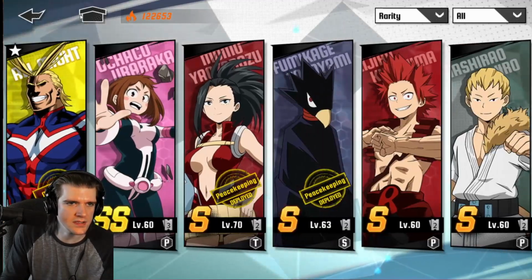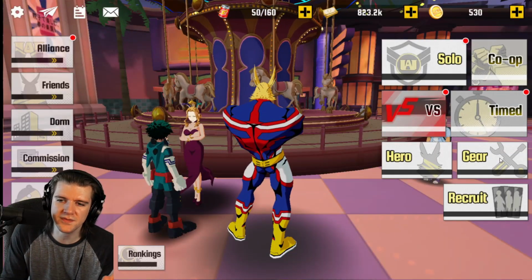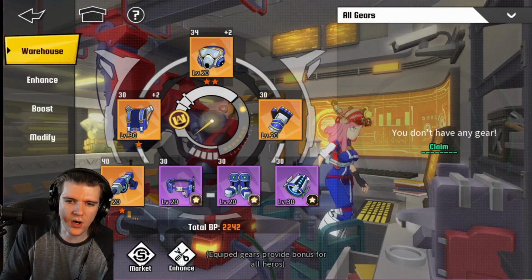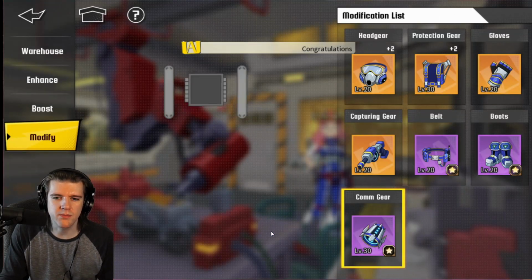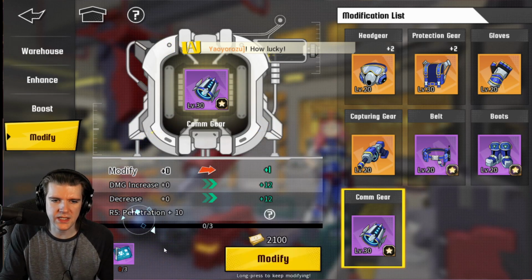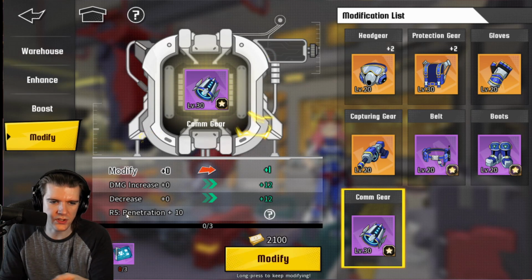And when I say prioritize here, because you're going to want to level out everything equally, it's the other ways of increasing these slots that I'm considering. And the two other ways that are significantly harder to do are going to be boost and modify. So modify is going to modify these stats here. It uses these modification drawings. It takes 3 to go up, but it's going to take more than 3 to go up a level. You got to...